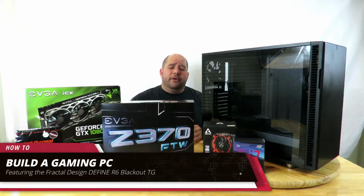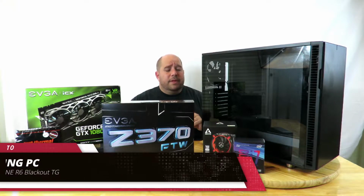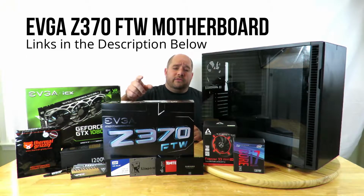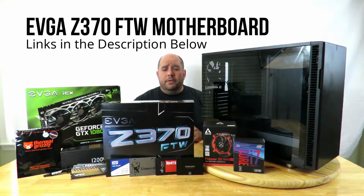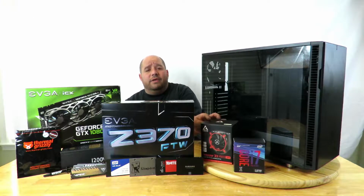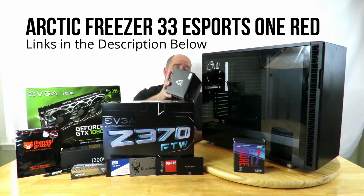Today I'm going to build a computer for you inside of the Fractal Design Define R6 TG black case. The motherboard I'm going to be using is the EVGA Z370 FTW motherboard along with the Intel Core i7-8700K processor. I will also be utilizing the Arctic Freezer 33 eSports 1 CPU cooler